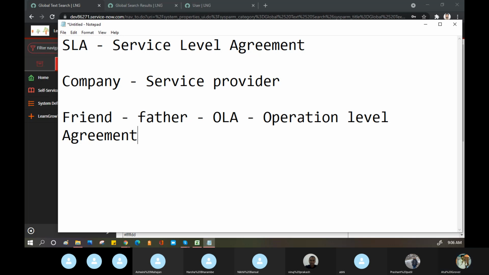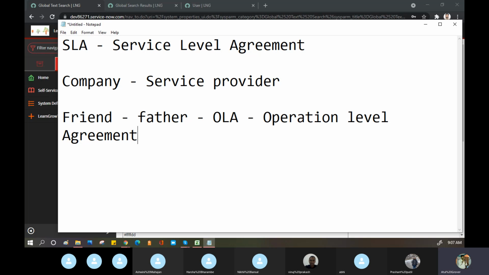That's the operational level agreement, between me and the internal team. Setting up a time and having an agreement between me and that other party, the internal team. Okay, so can your OLA be more than your SLA?